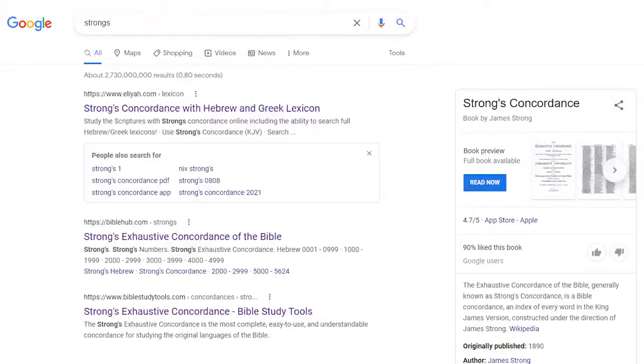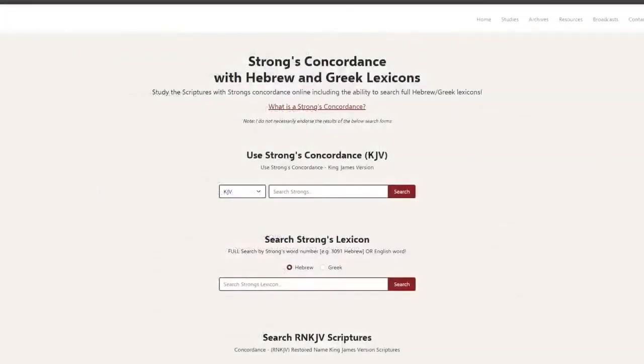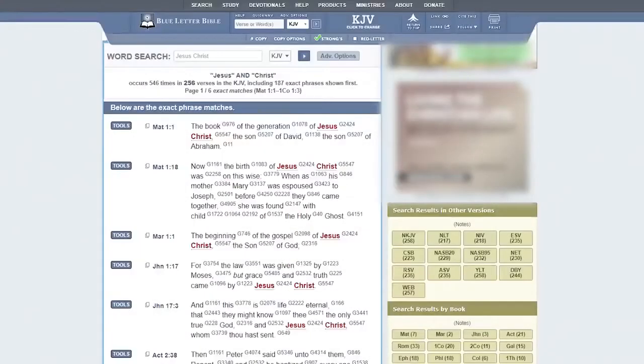And to do that, look at this tool that you can use for free on the internet. It's called Strong's Concordance. If you just type the word Strong's into a search engine, usually it'll be the very first link. You click on that, and you can type into this search bar any word, any phrase, or any reference from anywhere in the Bible, Old or New Testament. And it will pull that up and show you the root words in either the Hebrew for the Old Testament or the Greek for the New. So let's pull up Joshua here.